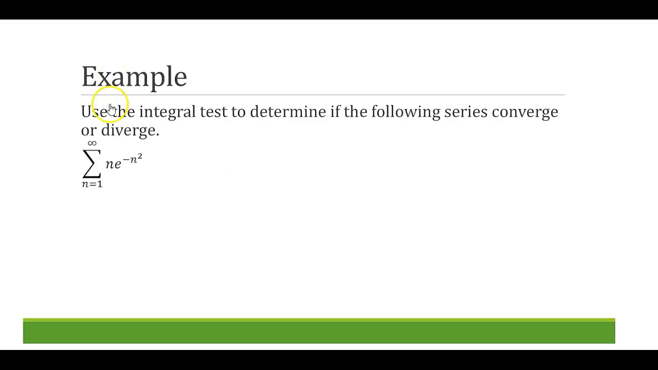In the next example, we're going to use the integral test to determine if the following series converge or diverge, starting with the sum from n equals 1 to infinity of n times e to the negative n squared. I'm going to start by writing this as the sum from n equals 1 to infinity of n over e to the n squared. To apply the integral test, we need to make sure that as a function of x, we satisfy a few conditions. So we want to go ahead and start with, note, f of x, which equals x over e to the x squared, is first of all continuous,